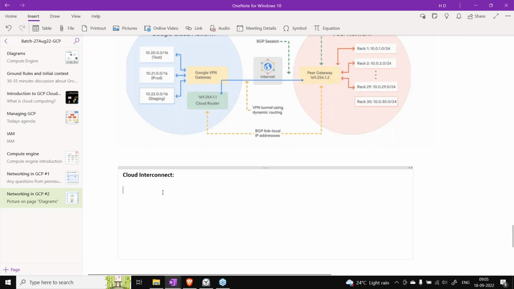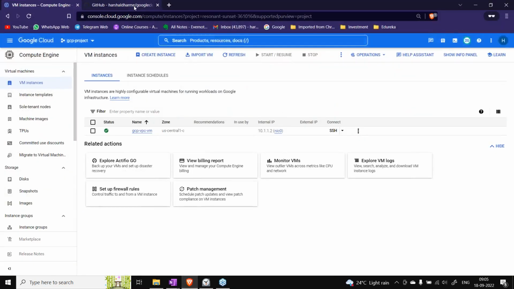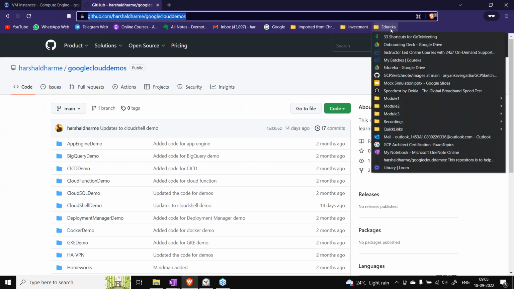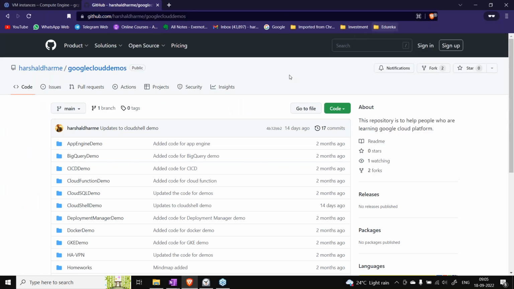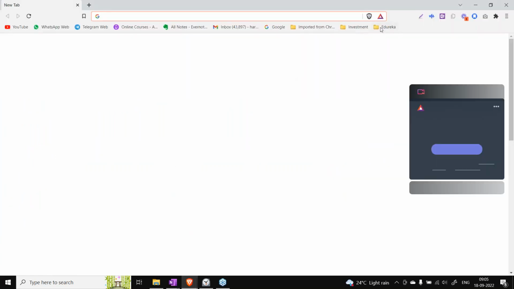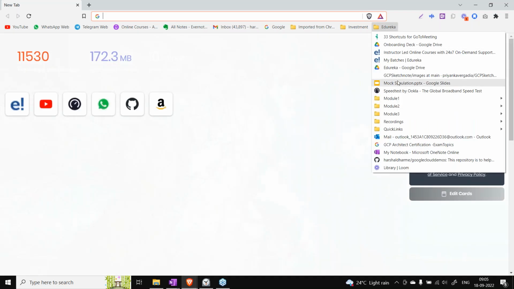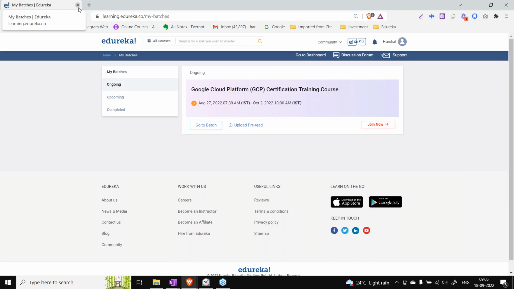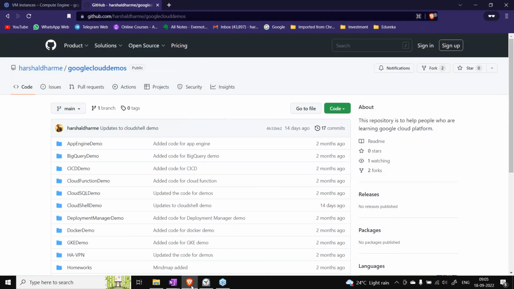So Gana has a question. Is it possible for you to provide step-by-step instructions for this setup? Okay, that reminds me of one more thing. I have attached one zip file in your batch.